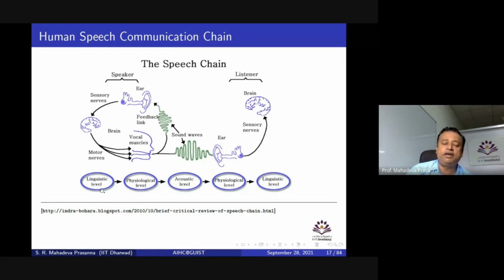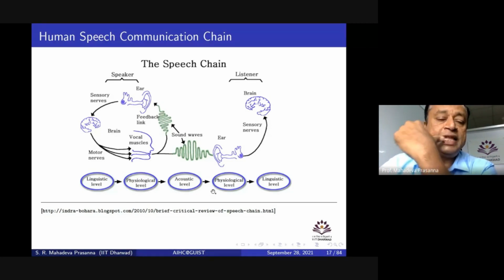When it affects the linguistic level, the physiological level will not question it. It will blindly take whatever linguistic level information is available and send it to the next level. So we have the physiological level. Then